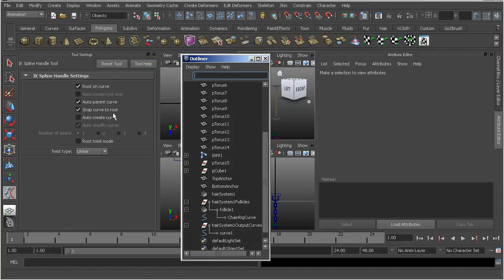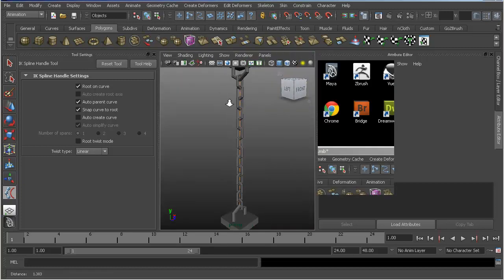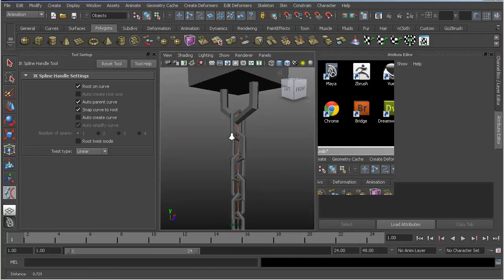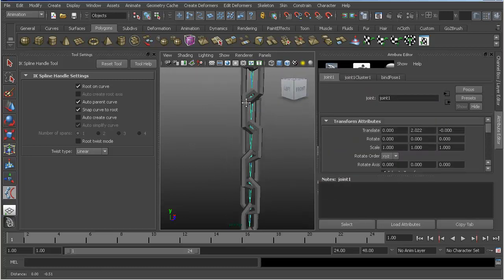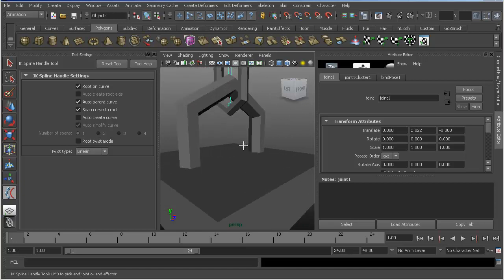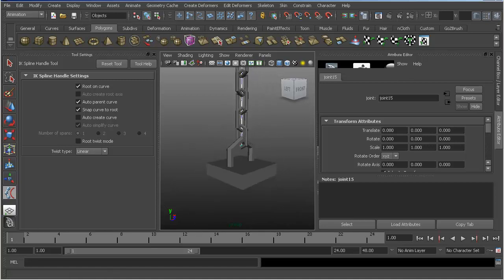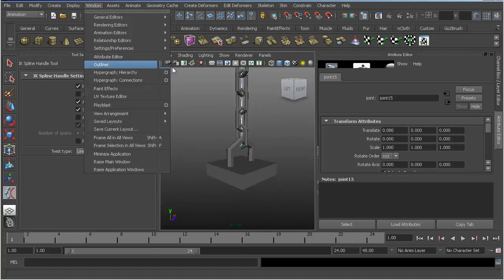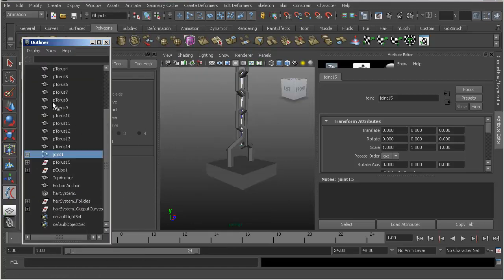Basically, these settings, and you want to hold your Shift button and select the upper joint, and then press the bottom joint with Shift pressed as well. Then we'll bring up the outliner